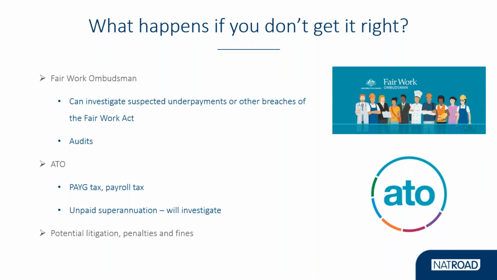The penalty then increases to $63,000 for a body corporate. If there is deliberate misconduct in the underpayment of people, then it can attract penalties 10 times this much, meaning that an individual can be fined up to the amount of $126,000 and corporations $630,000. So if these get reviewed and up, you can understand that it's probably going to have a pretty significant impact not only on your business, but actually